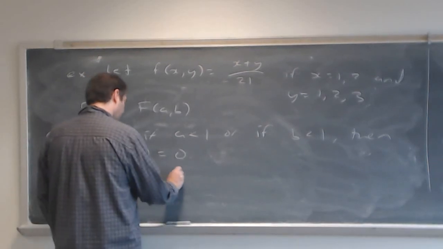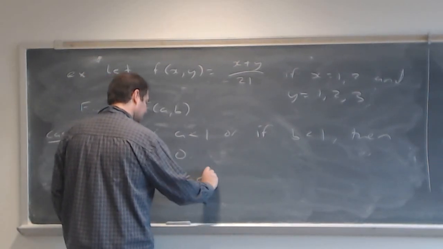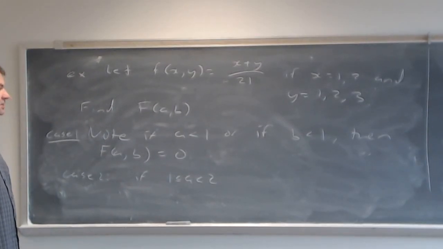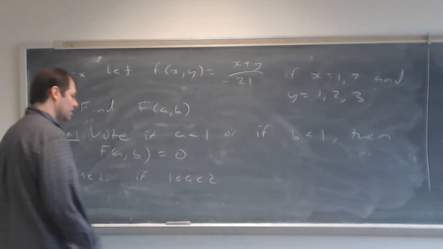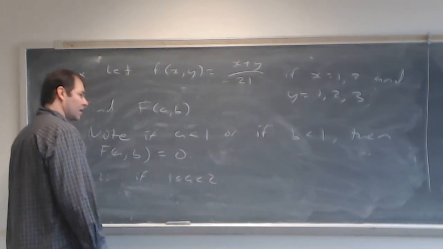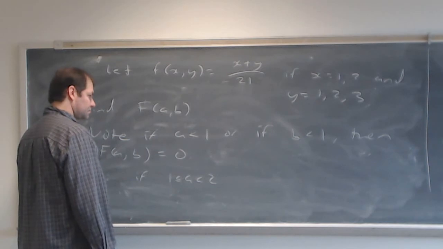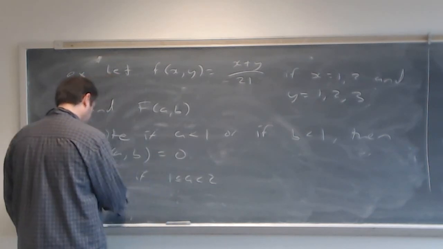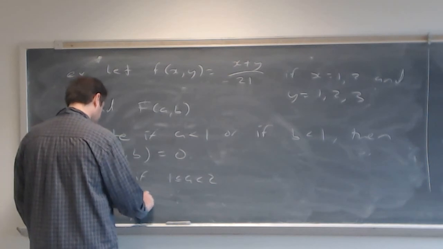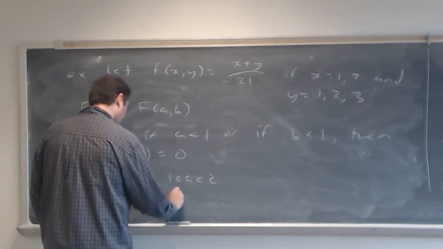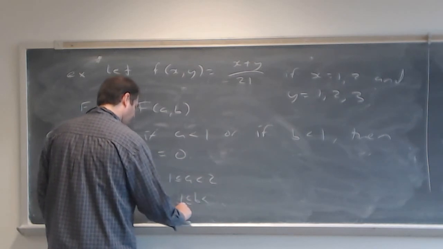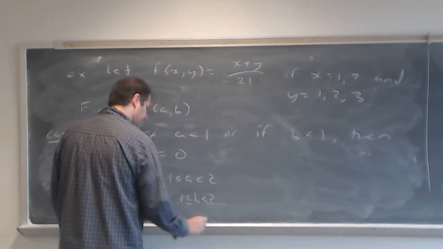Now, case 2, if 1 is less than or equal to a is less than 2. Then we'll consider subcases because our problem still depends on y. And of course, we've already handled the case where b is less than 1. So let's say subcase 1: if b is greater than or equal to 1 and less than or equal to 2. Then,